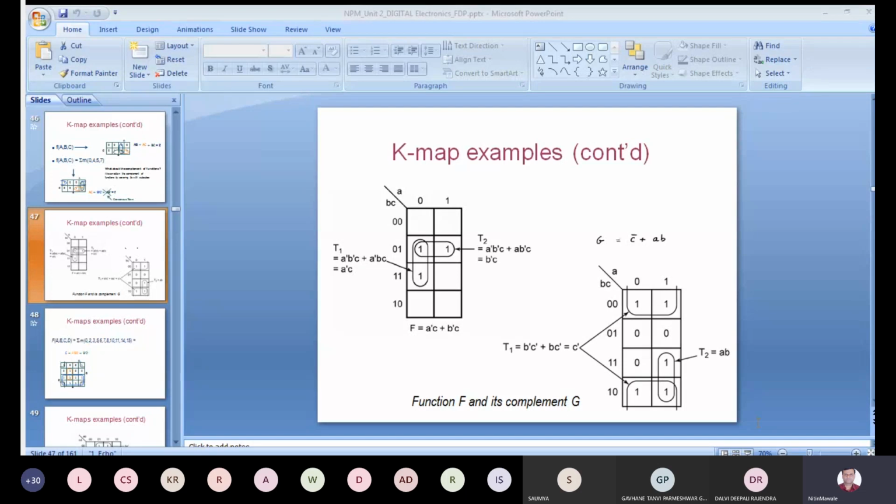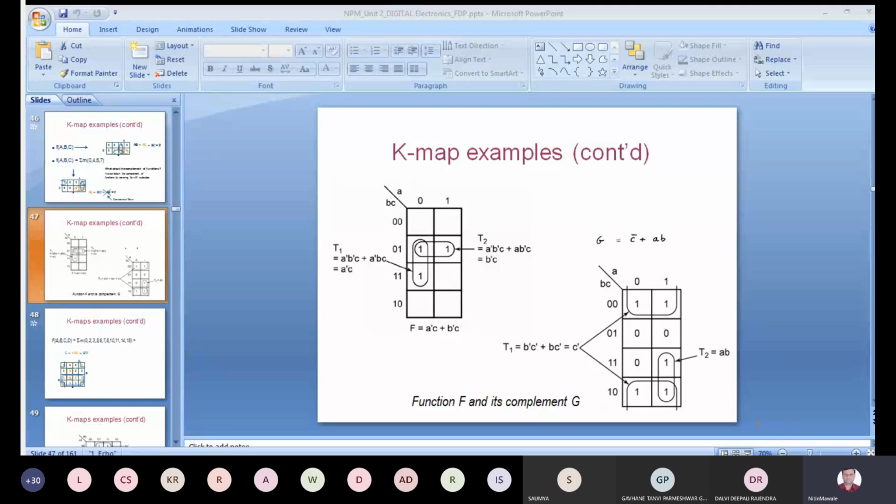Okay, so the answer for that is the 3 variable equation. So therefore, P plus Q bar plus R is constant, so S bar, R bar. So P plus Q bar plus R bar. And now 0 is not adjacent with any other cell, so that is nothing but grouping of single cell.